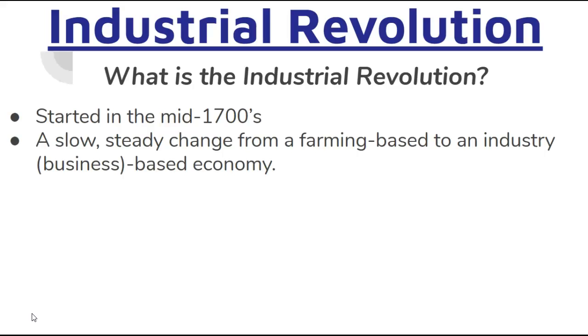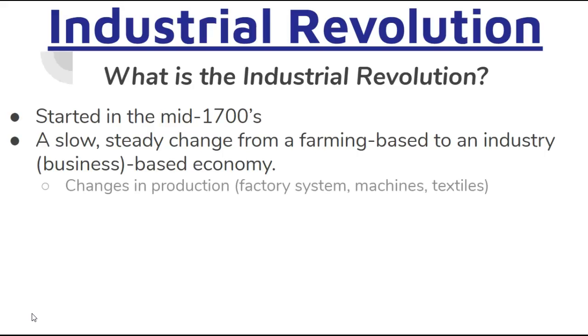And this shift in economy stems a lot from physiocrats like Adam Smith, who are proposing a more capitalist, individual-based system of economy, which promotes individuals to come up with these inventions and machines that they're going to use during the Industrial Revolution. So we have this change in production, how goods are being produced, whether it's cloth or otherwise. We have the factory system, we have machines, and we have more focus on producing textiles from that factory system that uses machines.